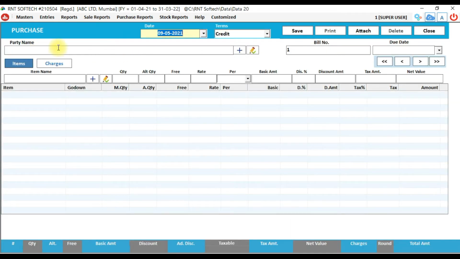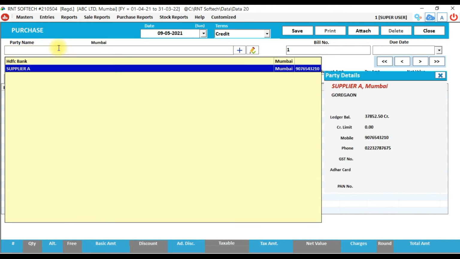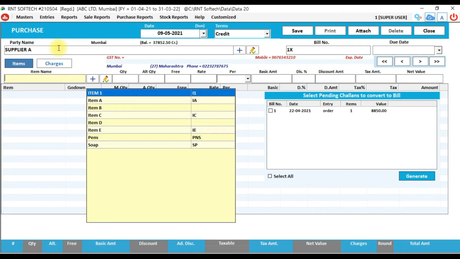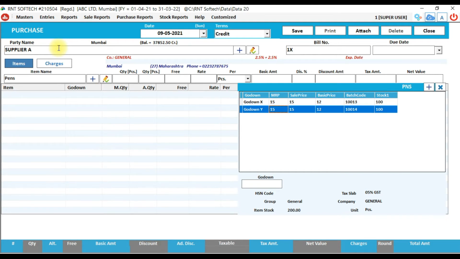I take the supplier as supplier A and the bill number as 1X. I take the item as pens, and say I want those items to be added in godown Y. If you see here, I selected godown Y.